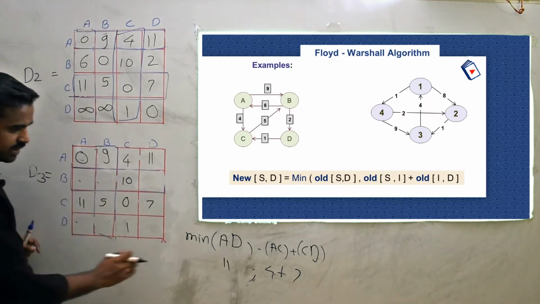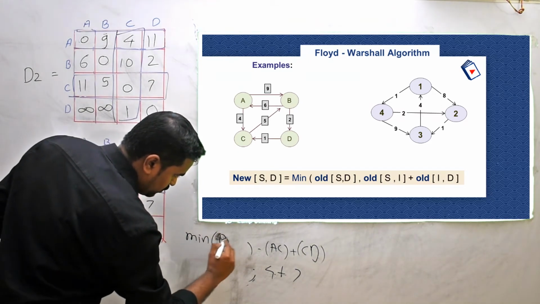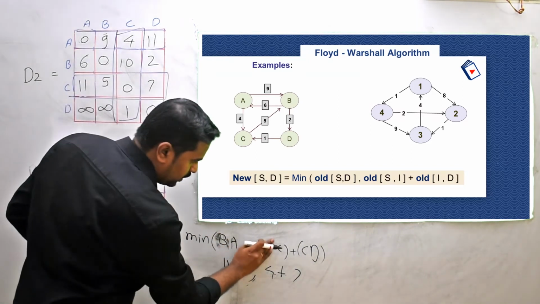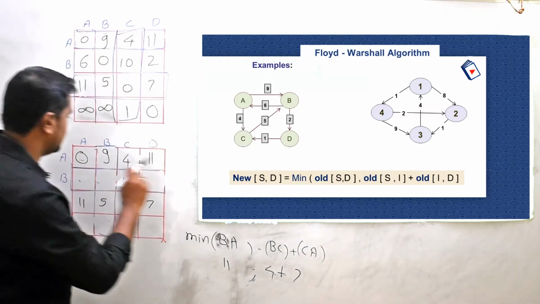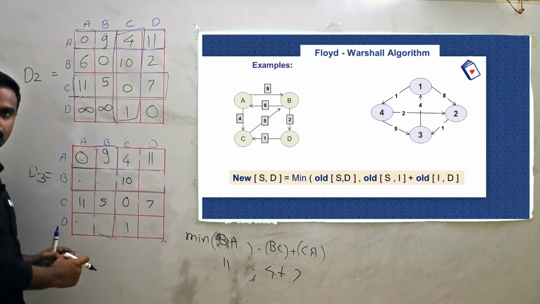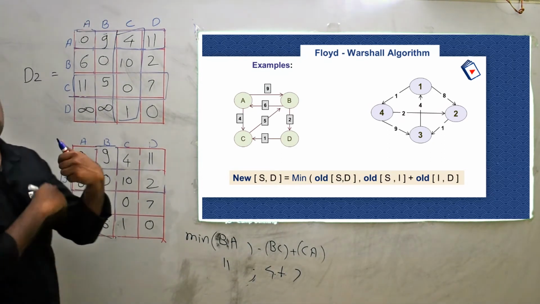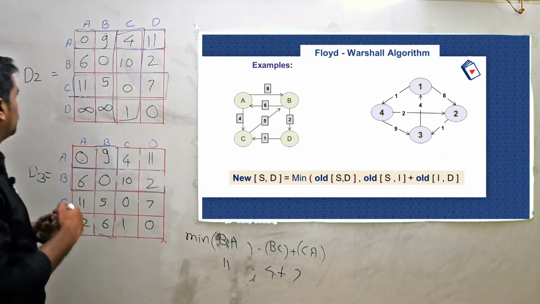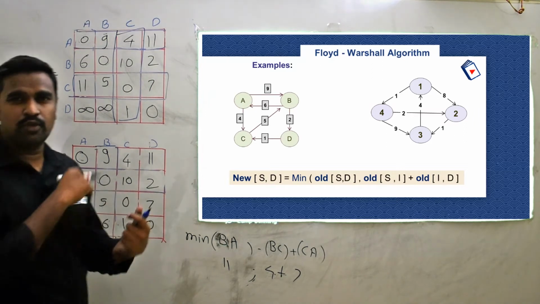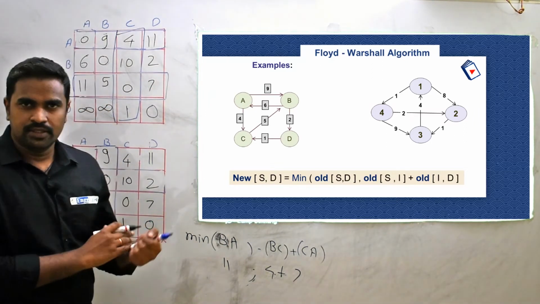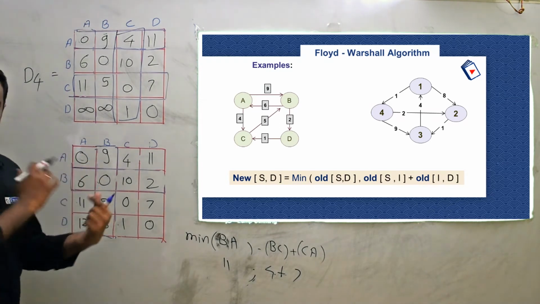B to A कैसे calculate करेंगे? First one is B to A. So first of all B to C and C to A. Likewise I need to fill this row and this row. So this is my matrix D3. Okay, again I need to repeat the same thing to calculate matrix D4. ऐसे कितने मैट्रिक्स मुझे बनाने पड़ेंगे जितने तुम्हारे नोड्स है. Okay, this is the dynamic approach for finding out the fluid Warshall algorithm.